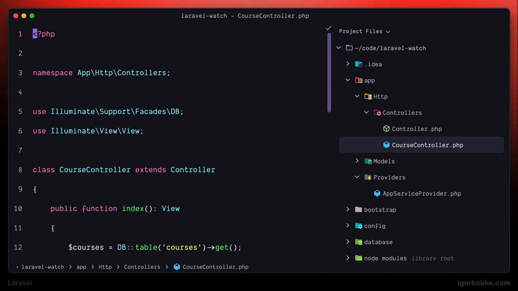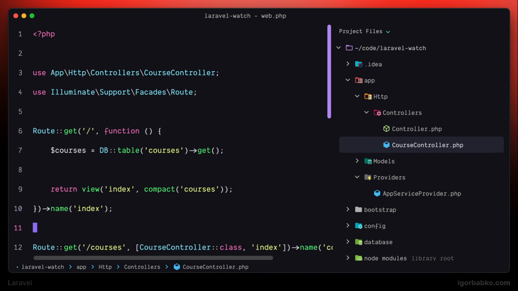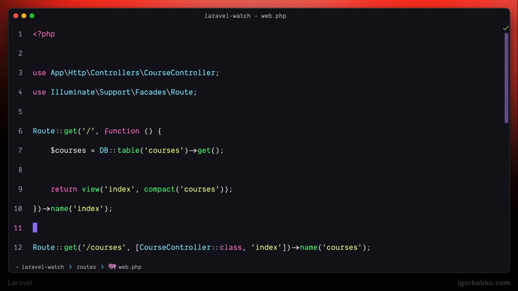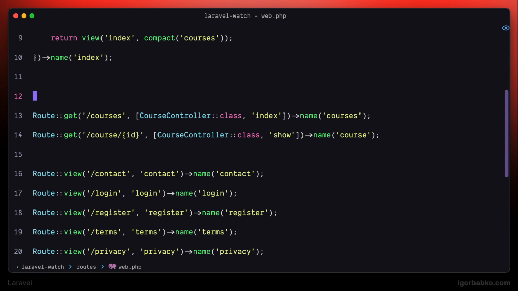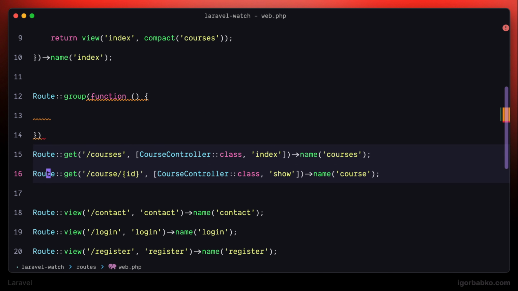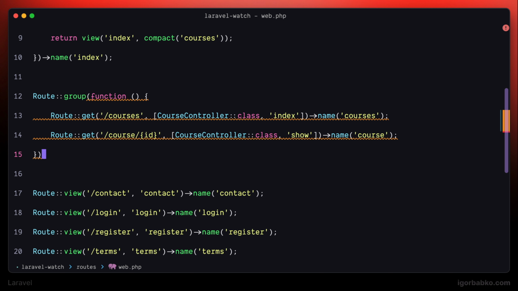Now let's see how we can combine similar roads into a group, because when the application becomes bigger, the amount of roads will also grow, and it might be difficult to manage them. So there is a way to group similar roads. I'm going to call method group, which accepts a callback, and this callback is going to hold the roads that belong to the same group. This way we're saying that both of these roads belong to one group,